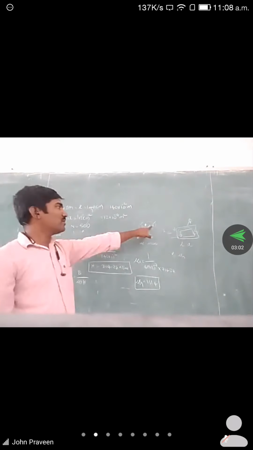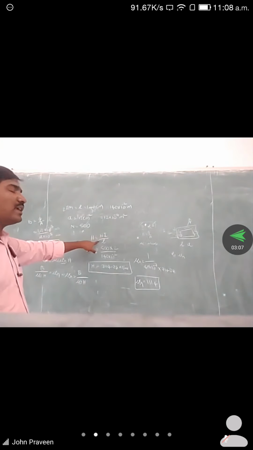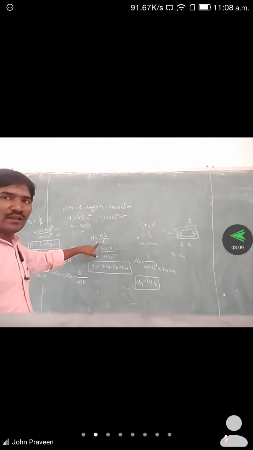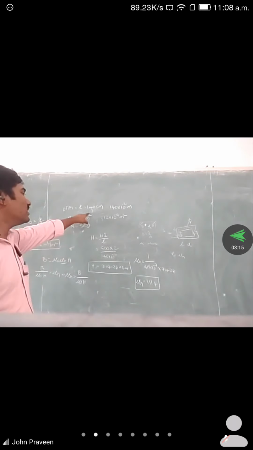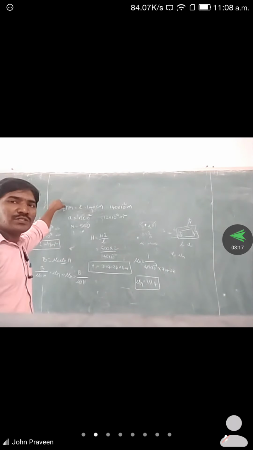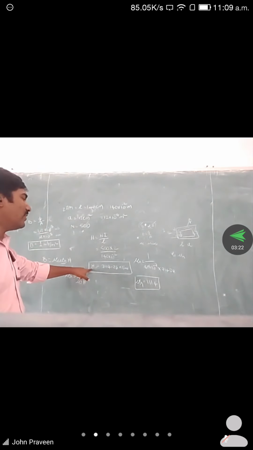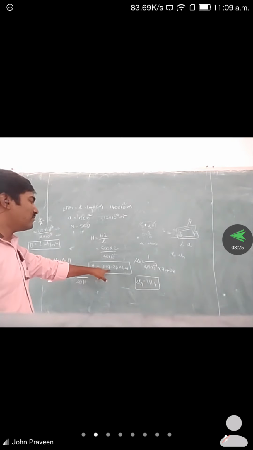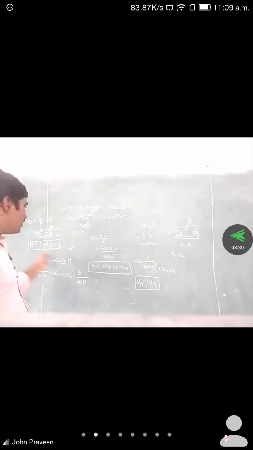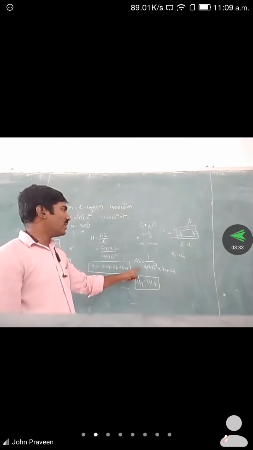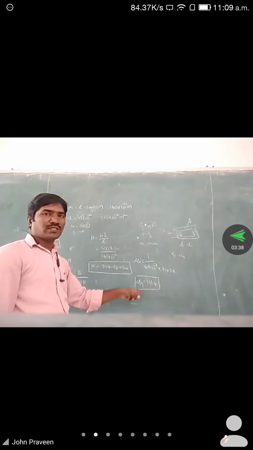Next, what do we want to find out? We find out the H value. To find out the H value, the alternative formula we already know is N I by L. N is 500, I is 2 amperes, and L value is 140 into 10 to the power of minus 2. If we substitute those values and simplify, we get the value of H equal to 714.28 ampere turns per meter. So we found the B value and H value. Already we know the mu naught value. Mu naught is 4 pi into 10 to the power of minus 7. That is a constant.